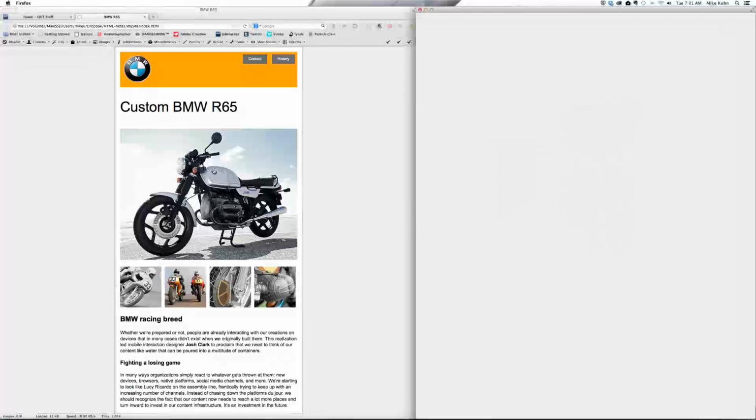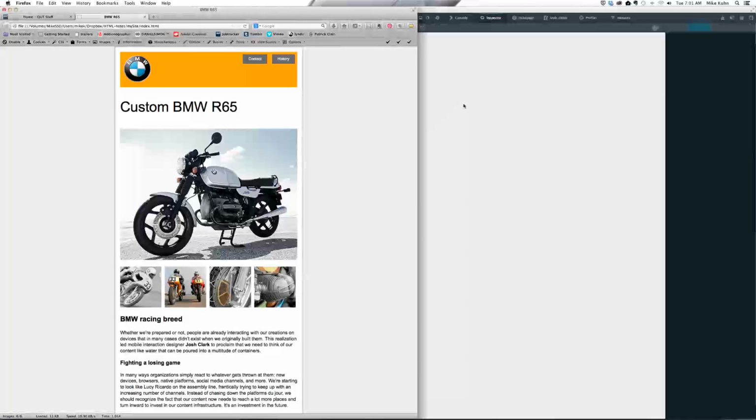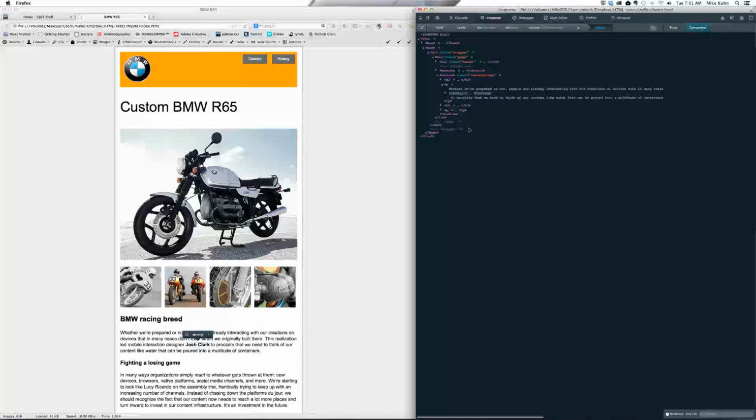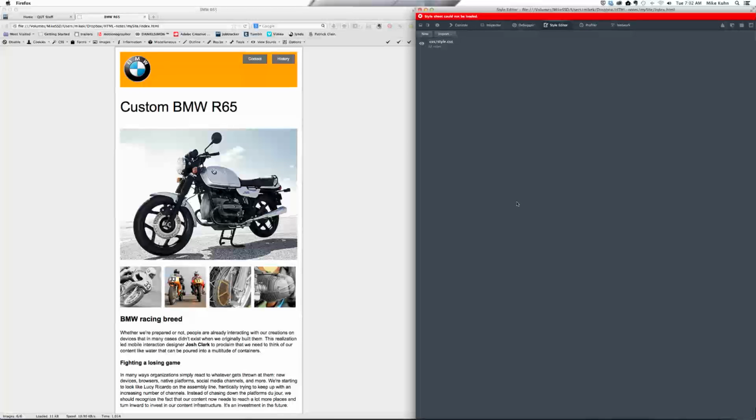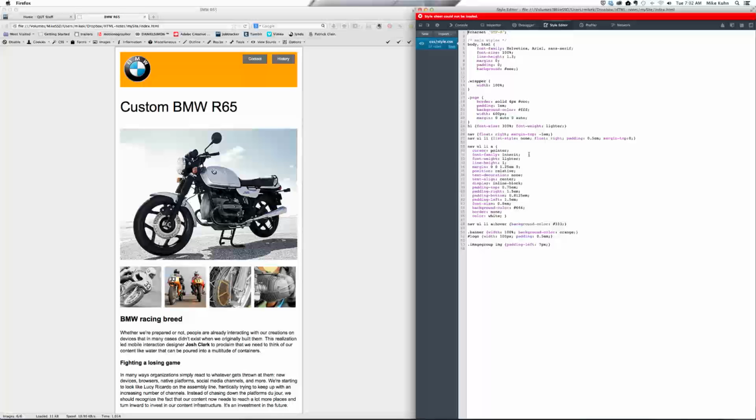So inspect element. Okay, so this is my tag here, and it has my text, Josh Clark, in there. So if I want to target that particular strong tag, I'll look at what my hierarchy is up here. So you can see that I've got custom strong. So if I go to style editor, and down here,